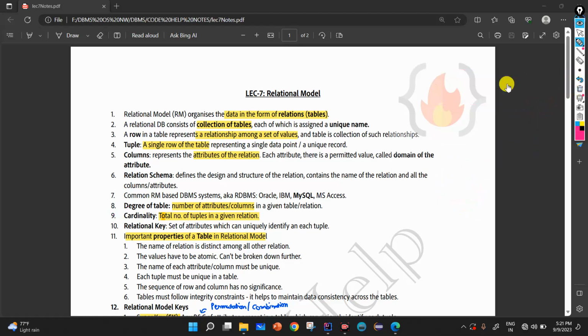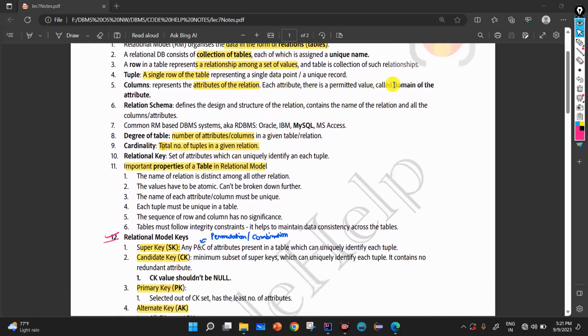Got the point? Now the important thing is the important properties of a table in a relational model. There are 6 points. You should read them because they are all important, but very simple. The name of a relation is distinct among all other relations; the name should be unique.